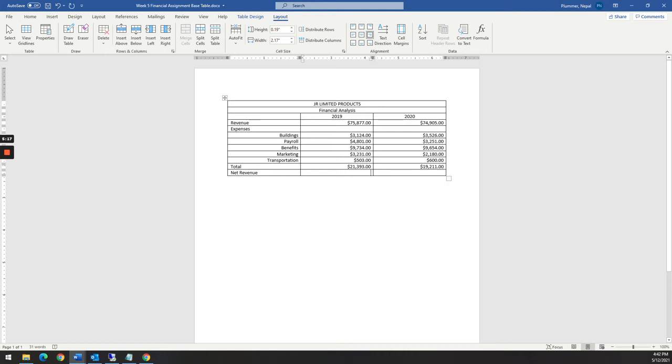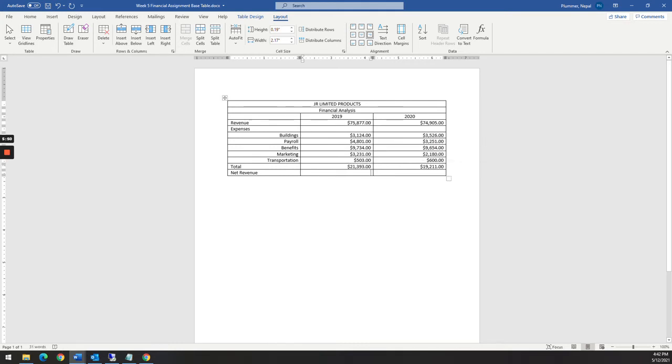This next one is a little bit different. You're going to have to manually put the numbers in. So you'll notice that we have 12 rows, right? We have 1, 2, 3, 4, 5, 6, 7, 8, 9, 10, 11, and 12. And we have 3 columns. Those are A, B, and C, just like an Excel document. So what it's asking us to do now is to take the revenue